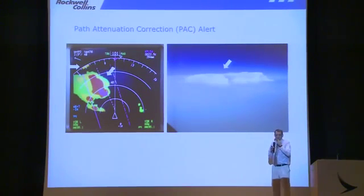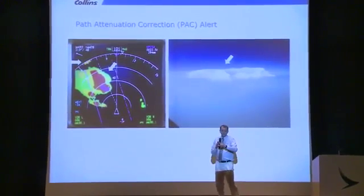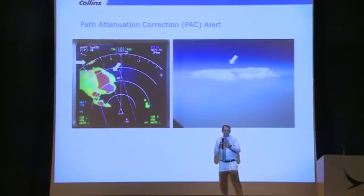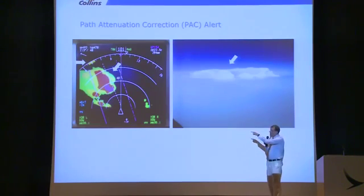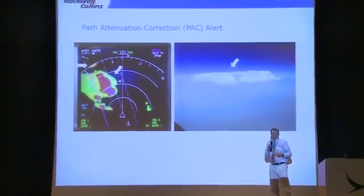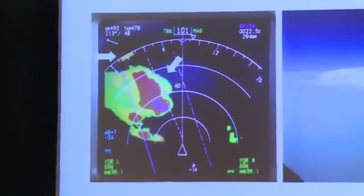Have you guys ever seen the pack alert bar? Has anybody seen it? Good, I got one. And normally in a group this size, you get about one person who's seen it. And there are a couple of reasons for that. The first is, look at the extent of the cell up there. This is a 50 nautical mile deep cell. So the radar doesn't attenuate very often. And it's not a major issue with this radar. But